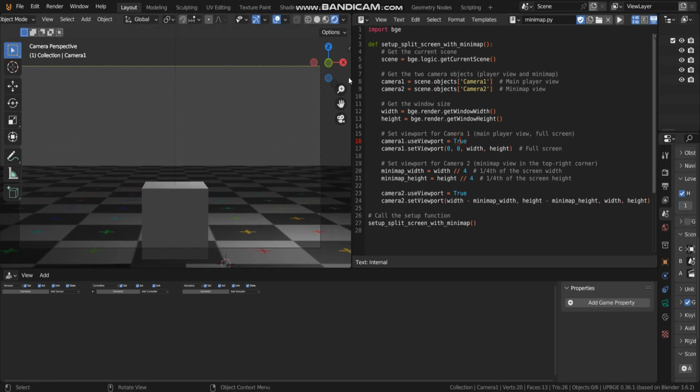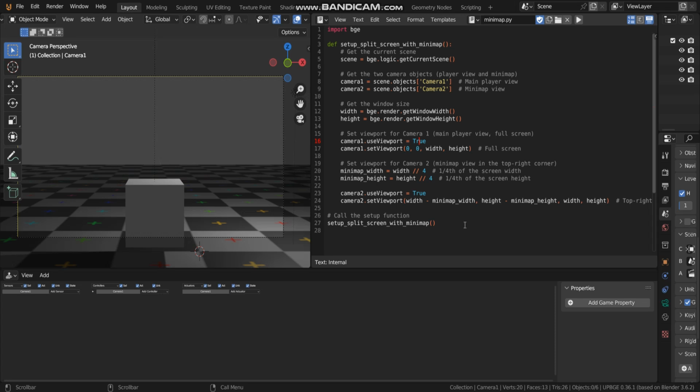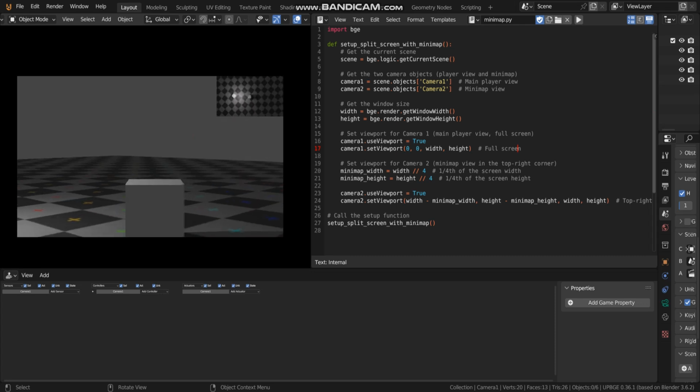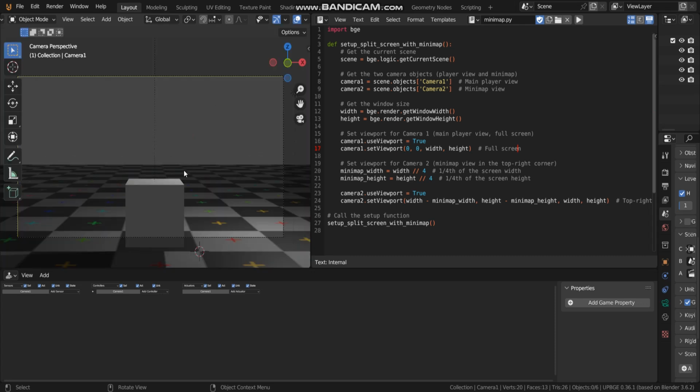Okay, look at the right side, you can see this clip. It was made by ChatGPT. Okay, and if you want to change a position of viewport camera minimap,